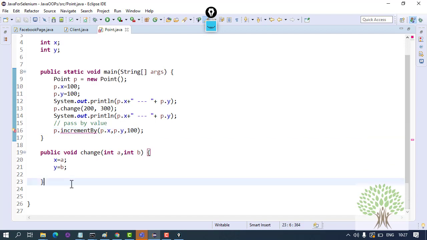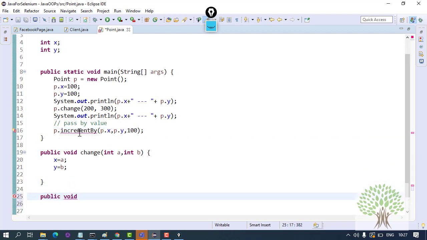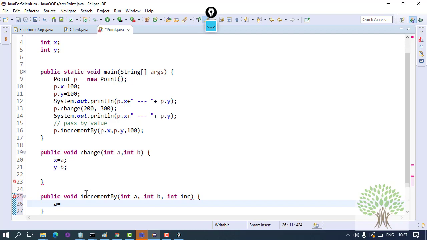So I will make one more function known as public void increment by, in which I can have a variable a, b, and the increment, the value by which you have to increment. So I will increment a equals to a plus the increment and b equals to b plus the increment.